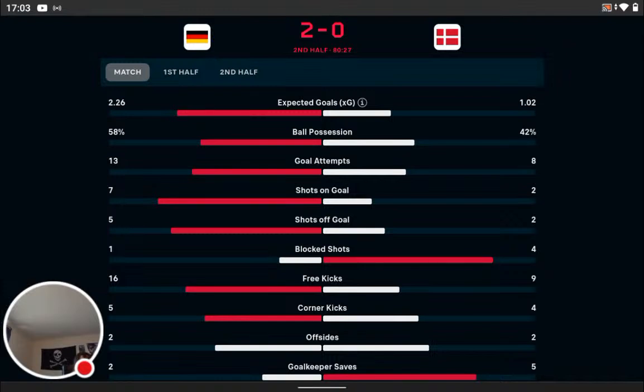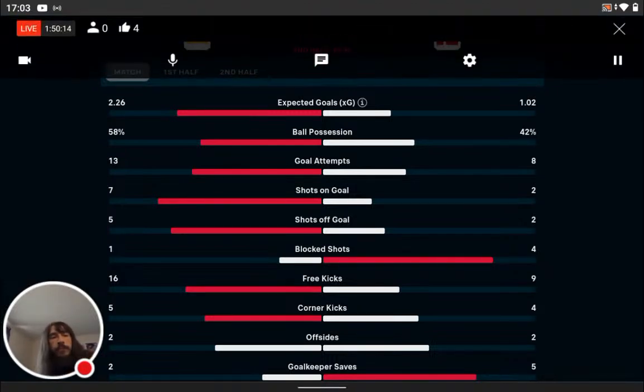And the roar you can hear is because Jamal Musiala's been substituted. Joint top scorer at Euro 2024 now, Jamal